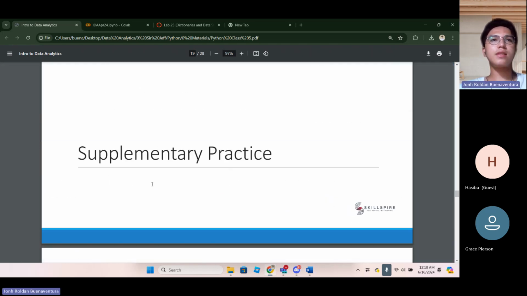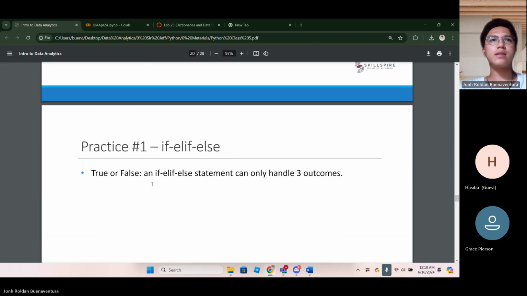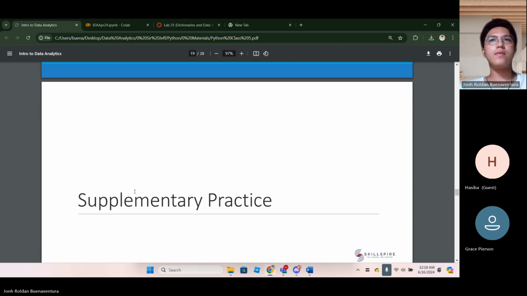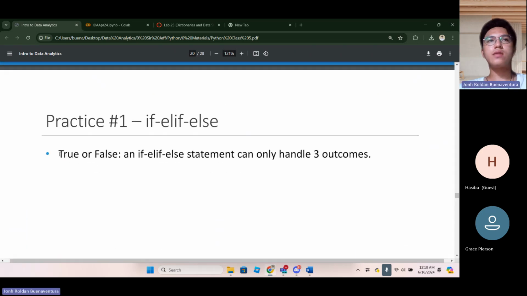We also have some practice. It is either true or false: if, elif, and else statements can only handle three outcomes.